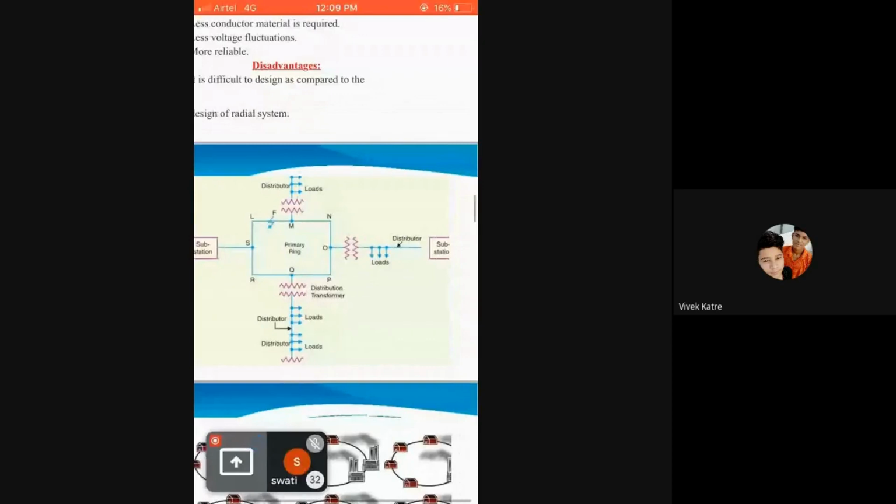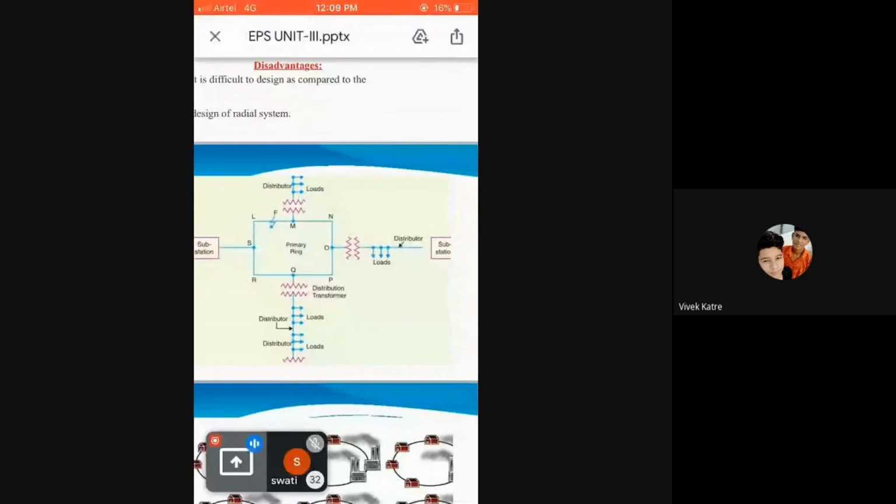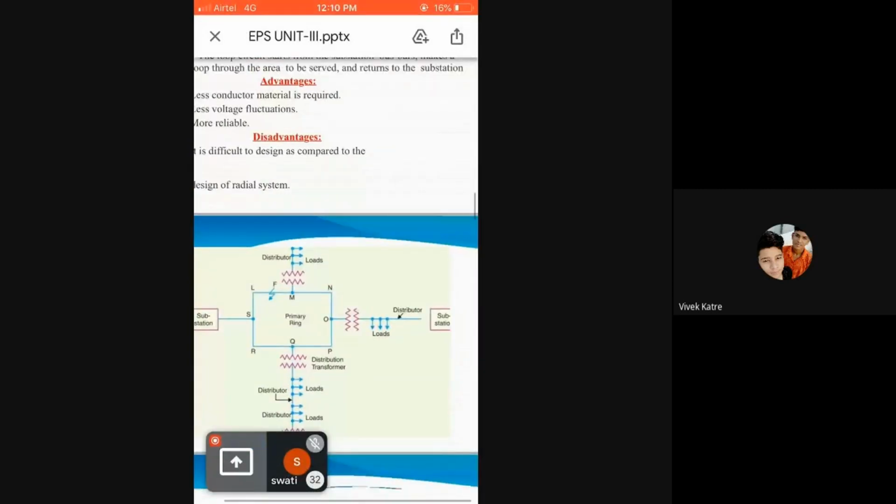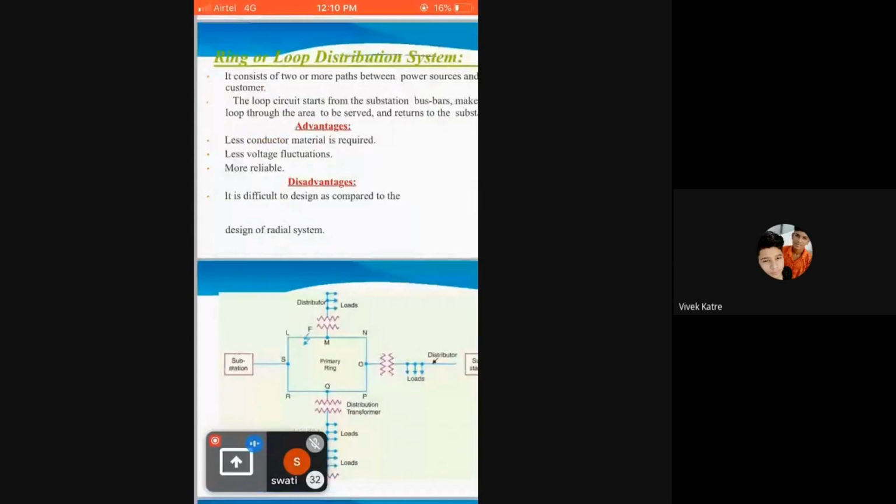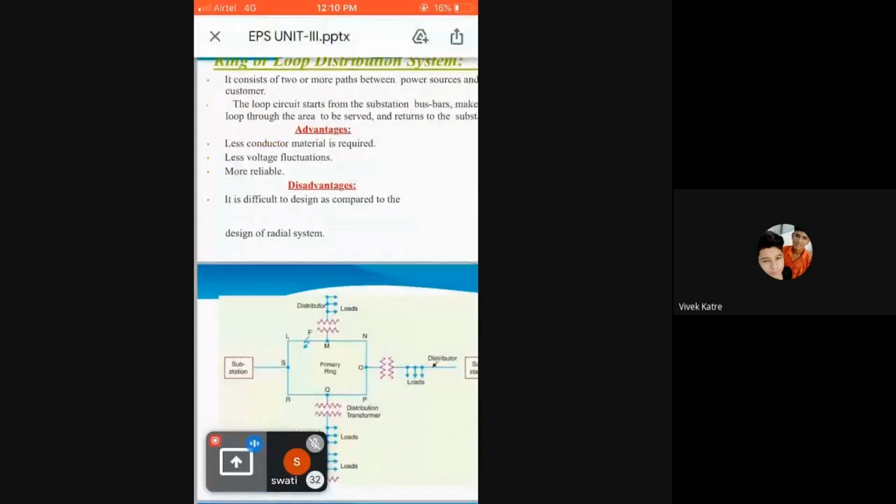Okay, so you can see here the radial system. This is the radial system which is shown in the next slide. In the rectangular box, you can see the substation. From this substation, the line that is projected is known as the feeder. We have already discussed that. We are considering any one of the feeders. What is the name of the considered feeder? OAC. From this OAC feeder, it supplies distributor AB at point A.